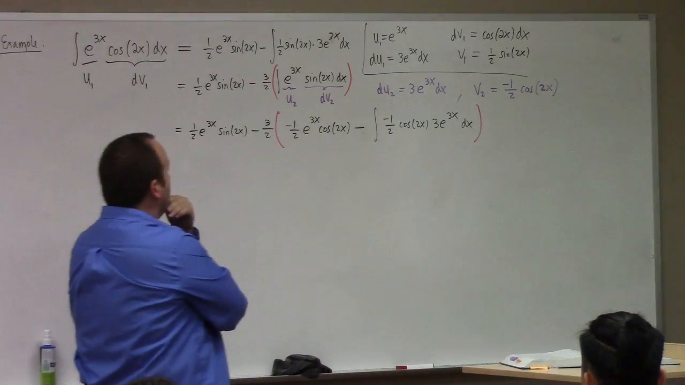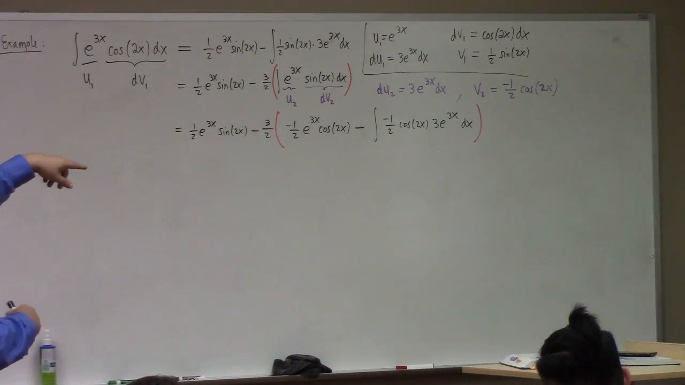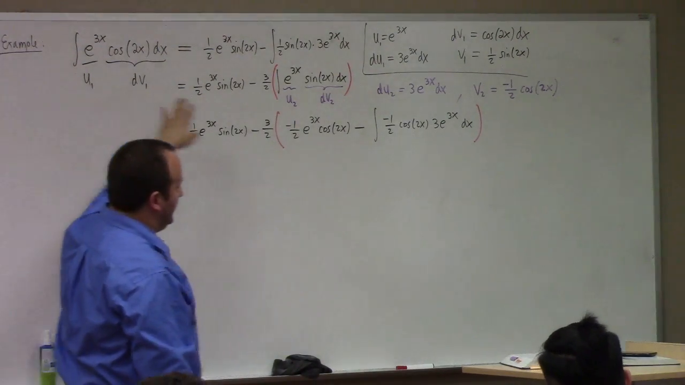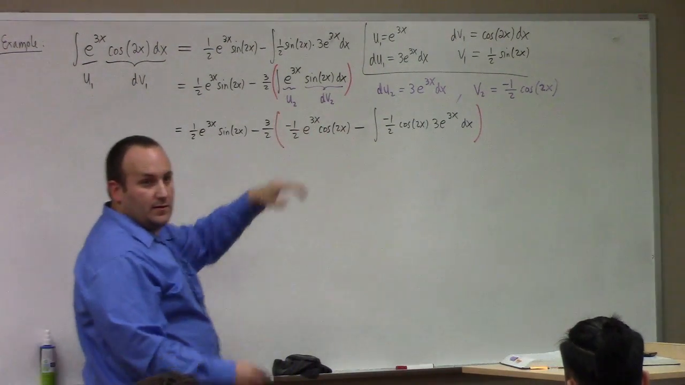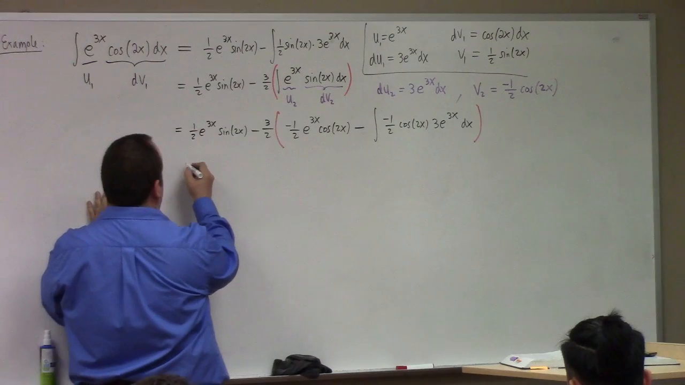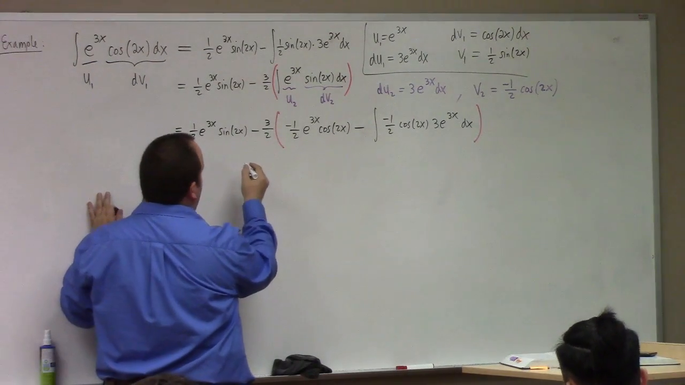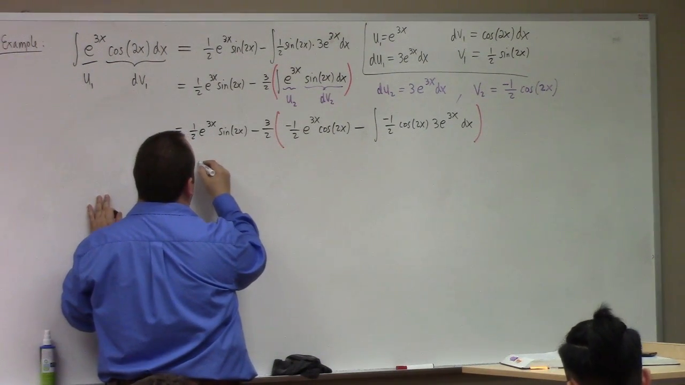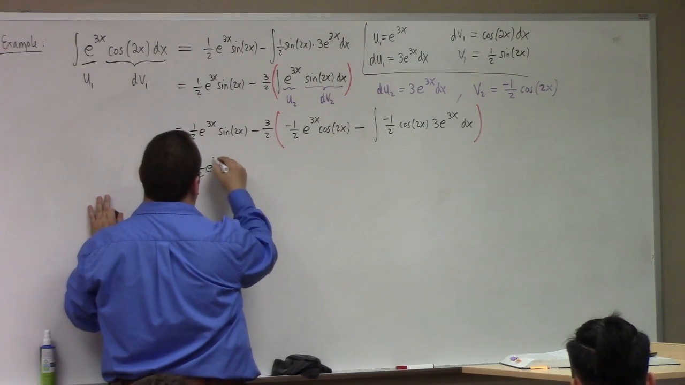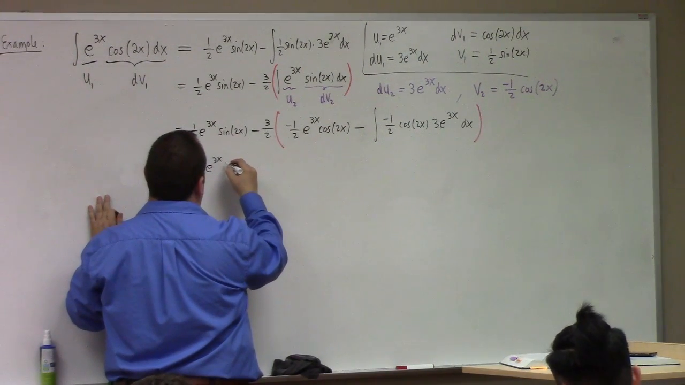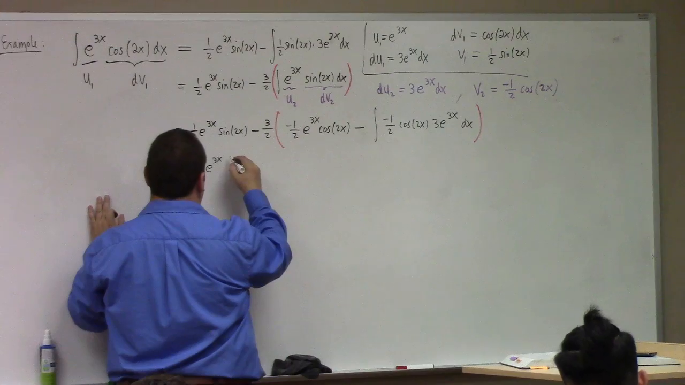All right. Now we're almost, see, oh look, check it out. Now we're back to exponential times cosine again, right? So let me rewrite this last one just a little bit more suggestively. What we got here is 1/2 e to the 3x times